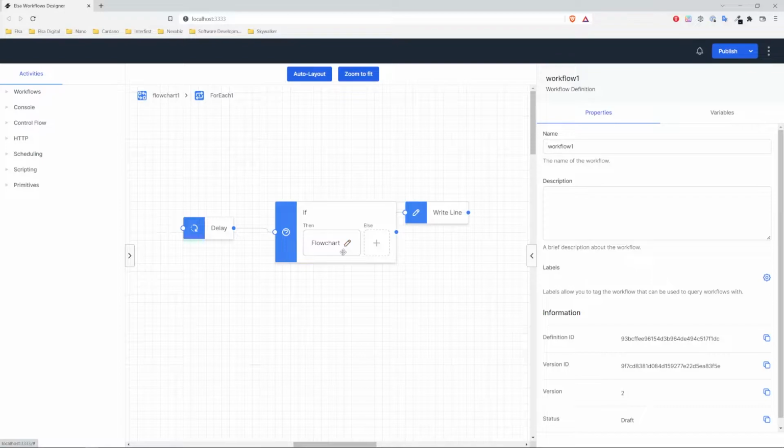Also, as a future update, what I would like for the user to be able to do is, instead of always defaulting to creating a workflow, when you hit the edit pencil icon, you should be able to add an arbitrary activity. Because as you recall, the then property is of type IActivity. If there's just one activity that you want to execute, maybe it's a simple write line or an HTTP request, or even a custom activity that you want to invoke, you should be able to just add or assign that activity to this property. But this requires some more enhancements to the designer so that you can actually maybe drag